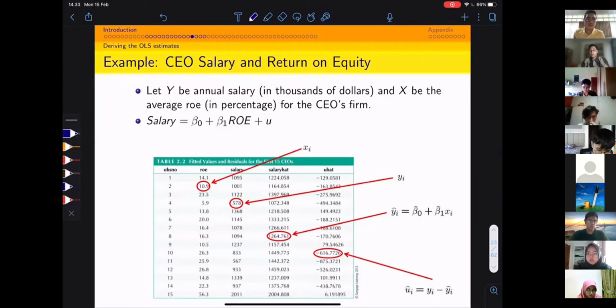Thank you, very good question. It's not the only method available out there. There are other methods that we can use to estimate beta 0 hat and beta 1 hat. One of the reasons why we choose OLS estimation is that later on we'll see that, given the key assumptions, it's an unbiased and the most efficient estimator that we can think about. Now, in terms of why we choose beta 0 hat and beta 1 hat to minimize the sum of squared residuals,